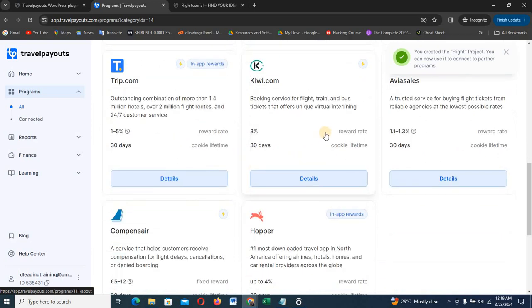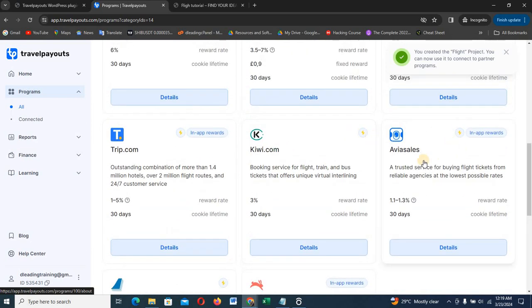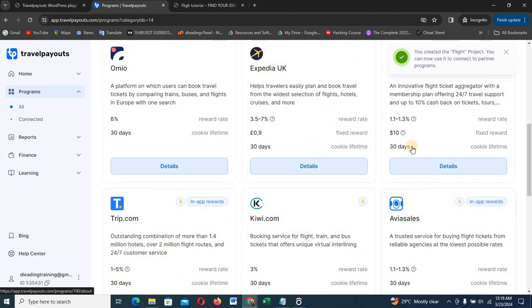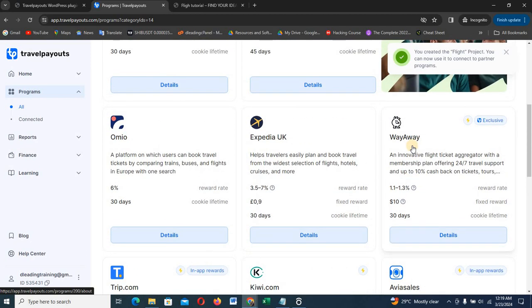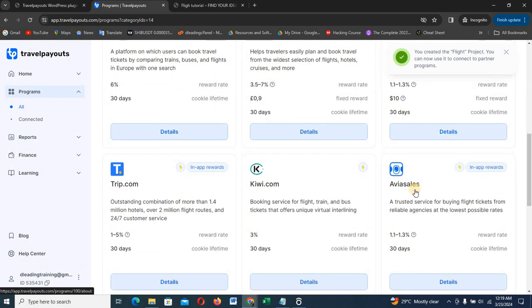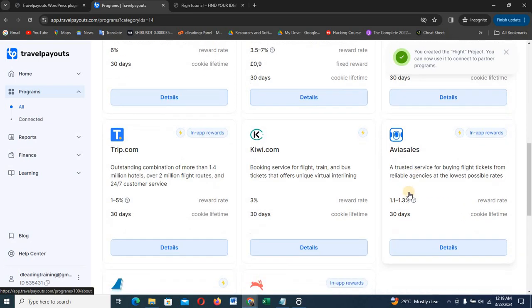But for the sake of this, I'll be using Aviasales. I like them very much. You can use any of them. All of these are flight booking brands that you can use when you want to book a flight. But I like this brand. I don't know the reason why. Maybe because my boss likes it. So anything my boss likes, I also like it to be a good site. So now this is it. Can you see now? I'm going to click on these details